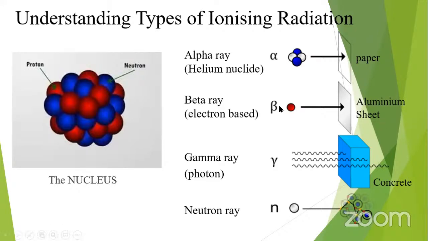And then we have gamma. Gamma depends on the energy released. Some will pass through concrete, some will not, and some will just stay inside the concrete, meaning the energy is transferred to the concrete. Whereas neutron, since it is very neutral, it will